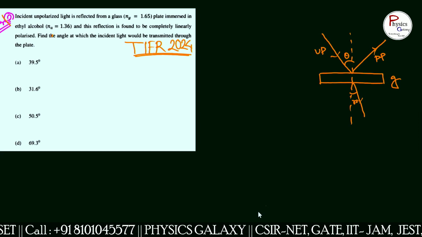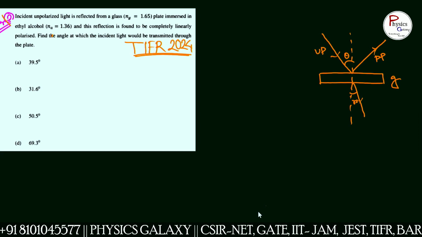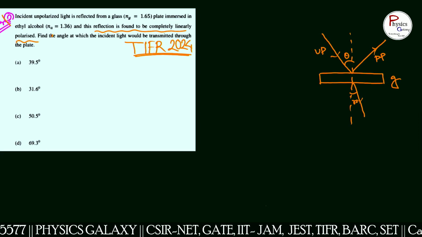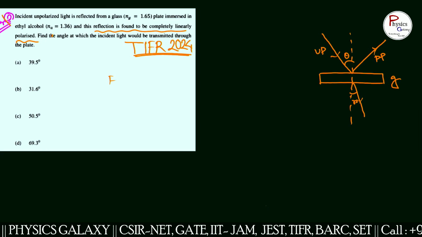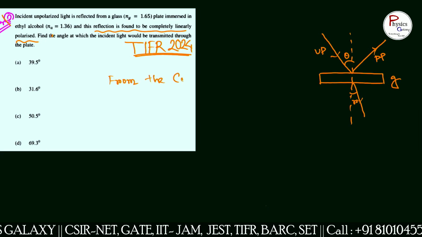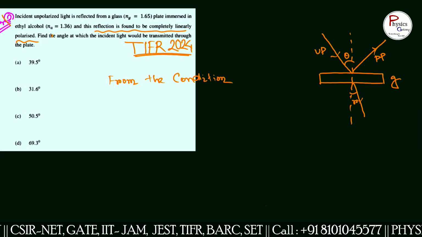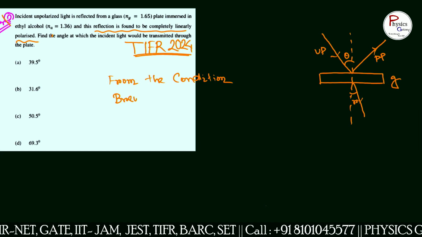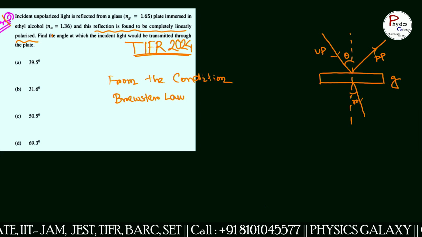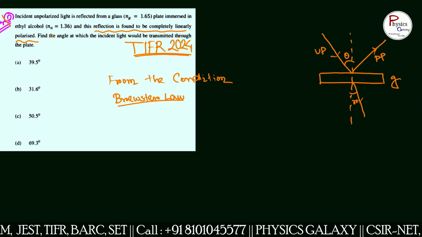Here, the reflection is found to be completely linearly polarized. From the question we see that the reflected light is completely plane polarized. So from the condition of Brewster law, the reflected light will be plane polarized